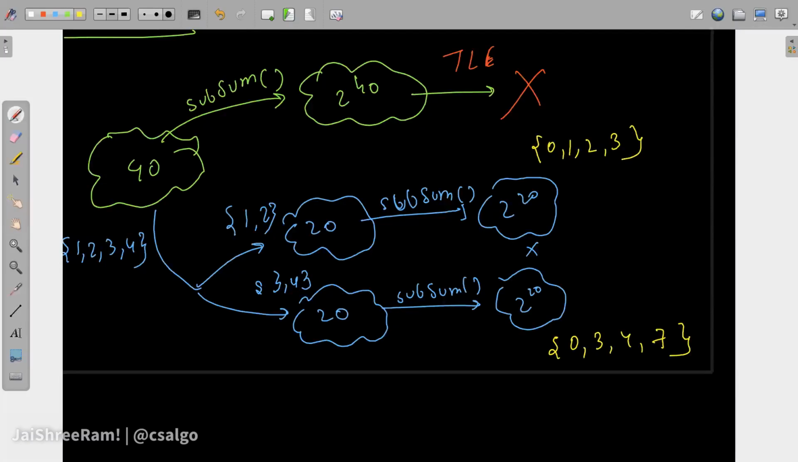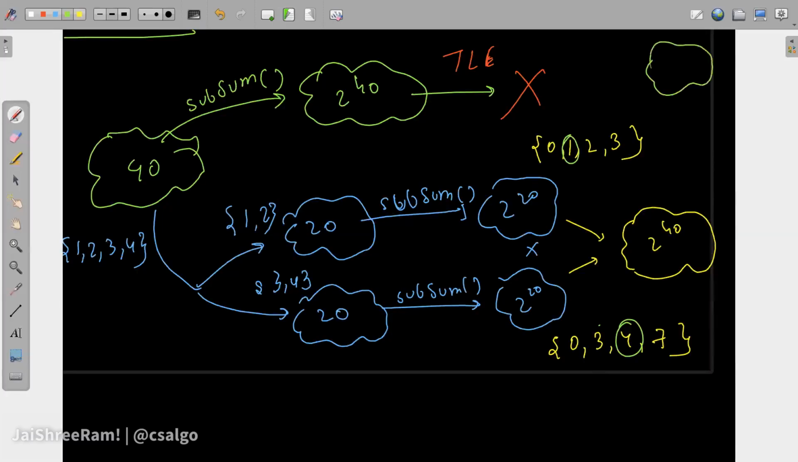Now, if we had to find all the 2 to the power 40 different values that are possible, it is nothing but take one element from this, take one element from this, and add their sum to another set. Like take one element from this, one element from this, and add their sum to one set, right? A[i] plus A[j]. Make sense? So if we take 1 and 4